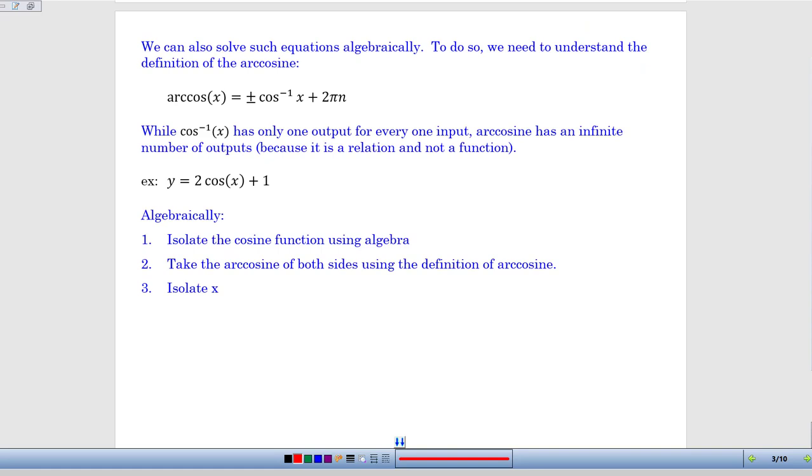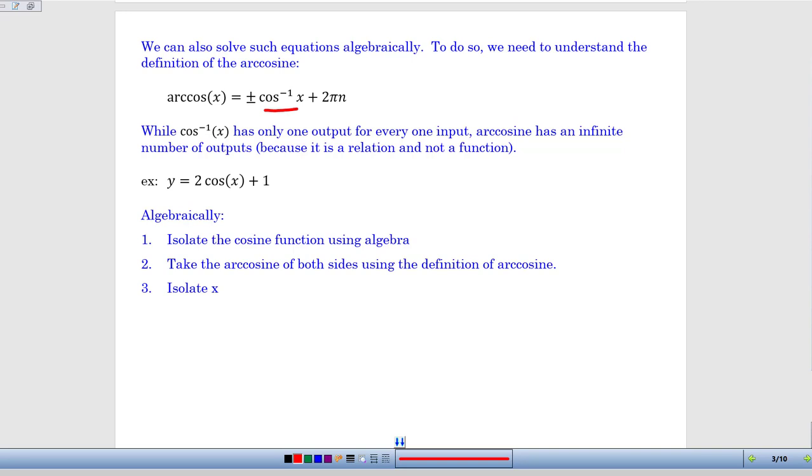So to find this infinite set of answers, we have to start with that inverse cosine value and build out from there. The way that we do that is by using what are called the arc relations, or in the case of cosine, the arc cosine. It's an awkward name, but we'll go with it. And so what we can see is we have this definition of this arc cosine in front of us here. So the arc cosine takes the one answer that we get from the inverse cosine and builds up an infinite